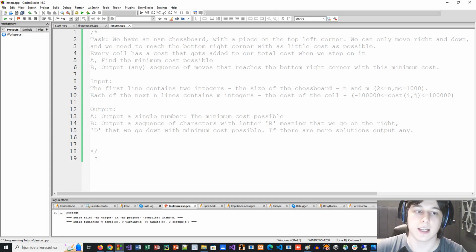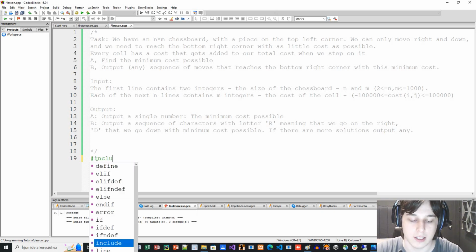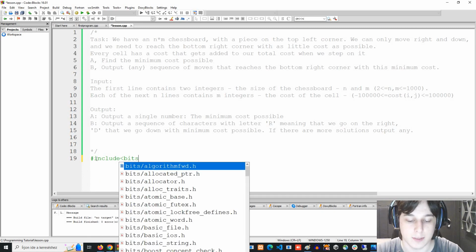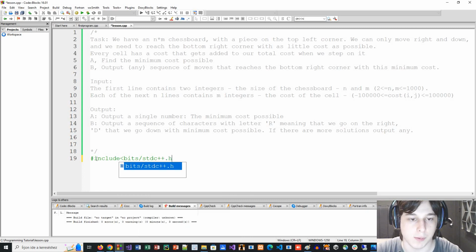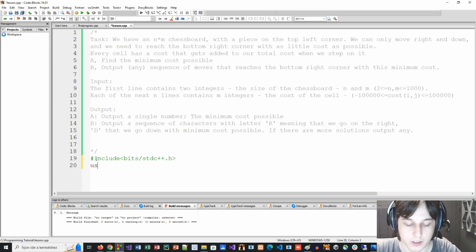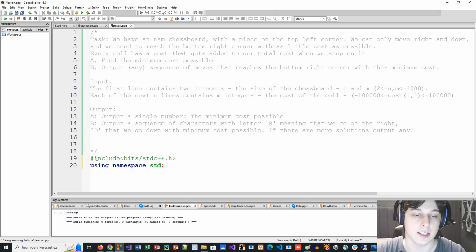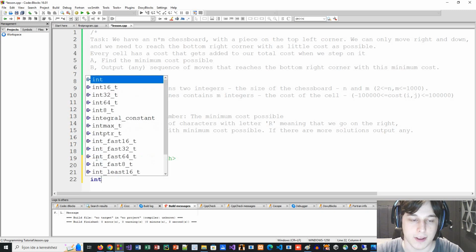First, you can see that I removed all the usual code. That's because it's a good thing to practice writing it down sometimes, so you don't forget these basic lines. So the first thing that we need to do is include a library, and as I explained in the previous videos, one of the best libraries to include is bits/stdc++.h, because it contains so many other libraries and you don't need to worry about including other libraries as well. Then we will be using namespace std, because lots of times we use std functions and we don't want to type out the std prefix every time. And we will have the main function,